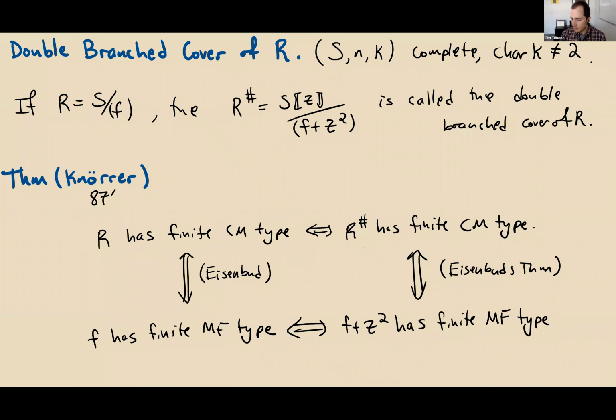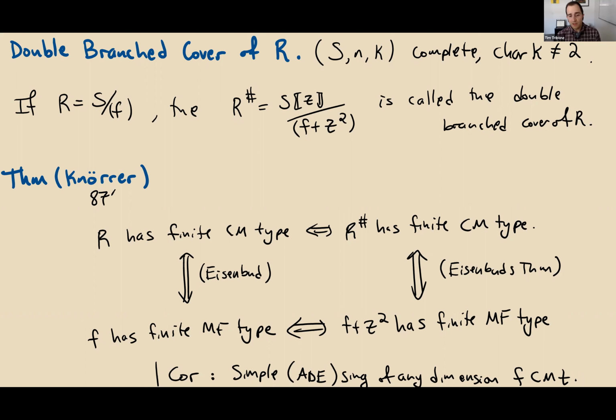Okay, so one small corollary that I'll try to sneak in here, and I'll put it here because it doesn't like when I write in the corner. The corollary, if this means anything to you, one result that comes from Knörrer's theorem is that simple, or in other words, ADE singularities of any dimension have finite Cohen-Macaulay type. Okay, and this is a big deal because